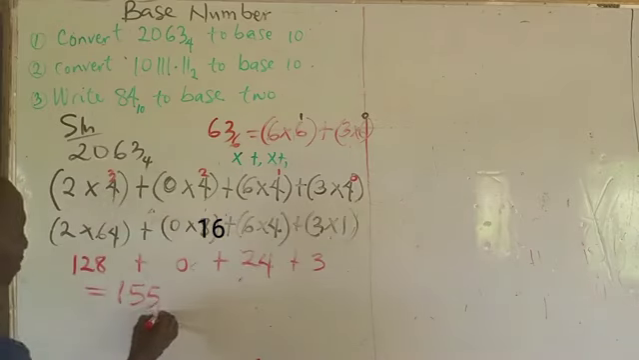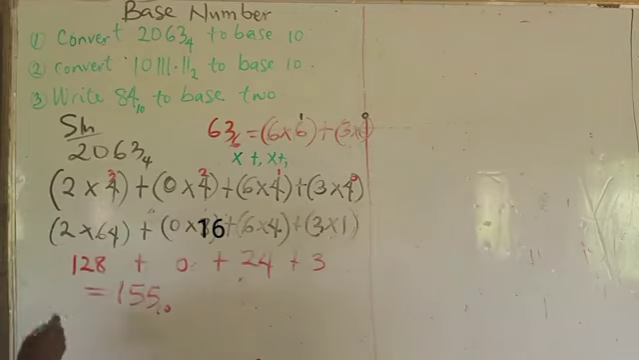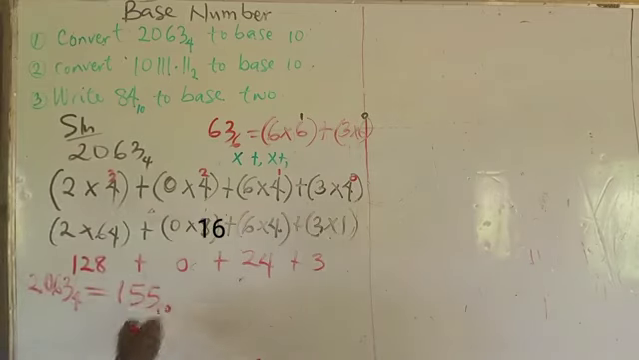155 in base 10. That is to say, 2063 in base 4 is equivalent to 155 in base 10. And this is our answer. We have done what we were asked to do. This is how to convert from any base